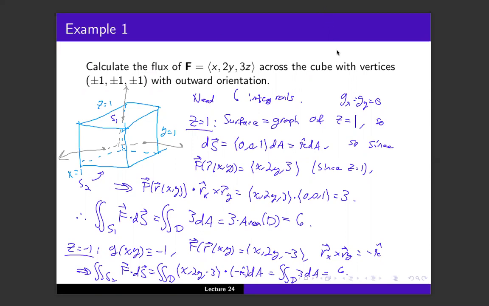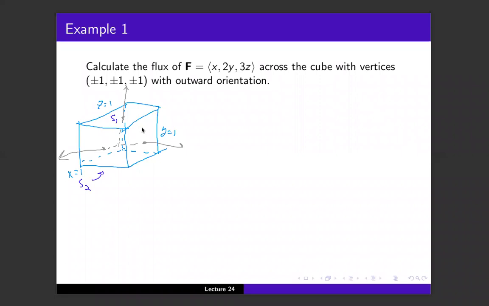Let me just erase some stuff. So for the, I'm going to call the y faces, or actually I'll do the x faces. So I'll call this one S3, and back here is going to be S4. So it's pretty much the exact same story. So for x equals 1, it's going to be very similar. In this case, you have that x is some function of y and z, which again is just the constant function 1. So we have that ry cross rz, what we're really interested in this case,